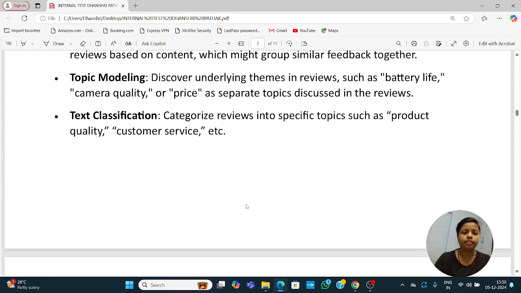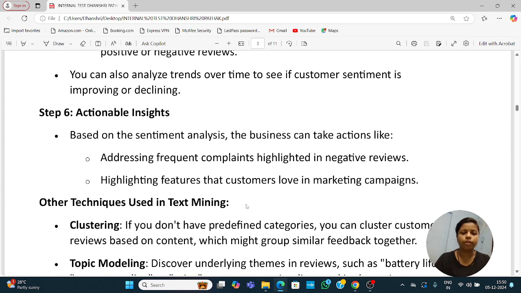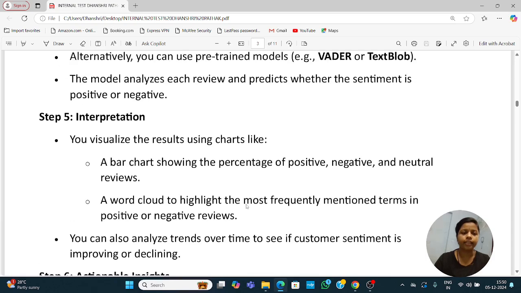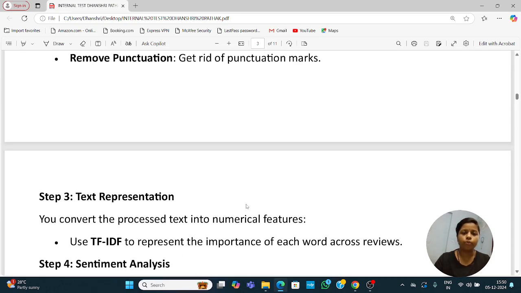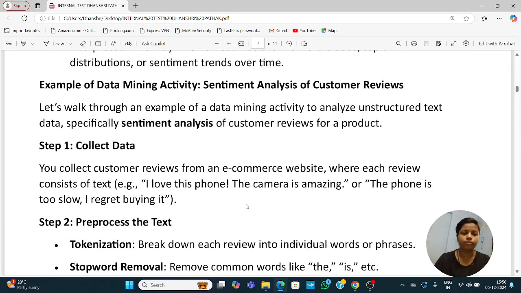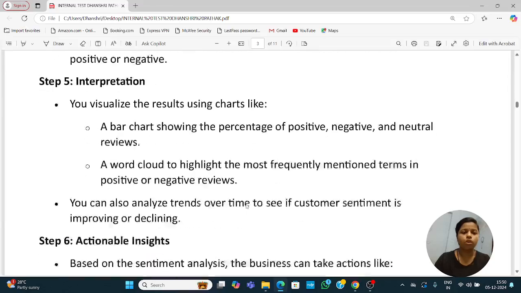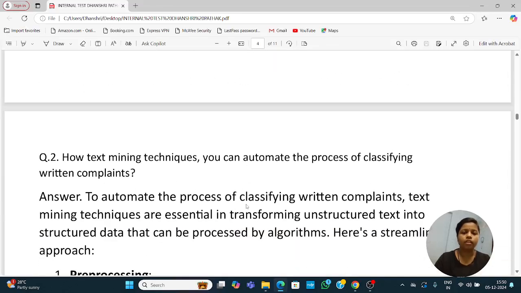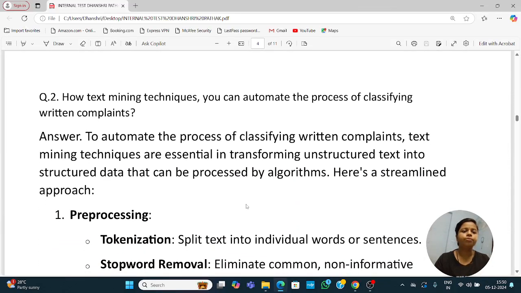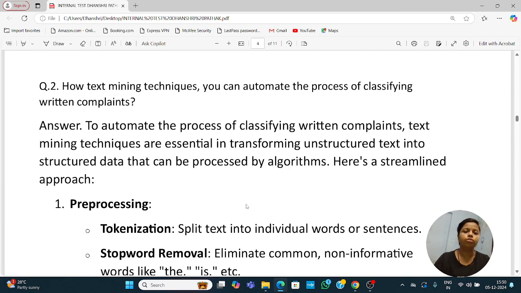And this is all about question number 1 of my internal test. So I hope you understand question 1, and now we solve the next question. Question 2 is: how text mining techniques can automate the process of classifying written